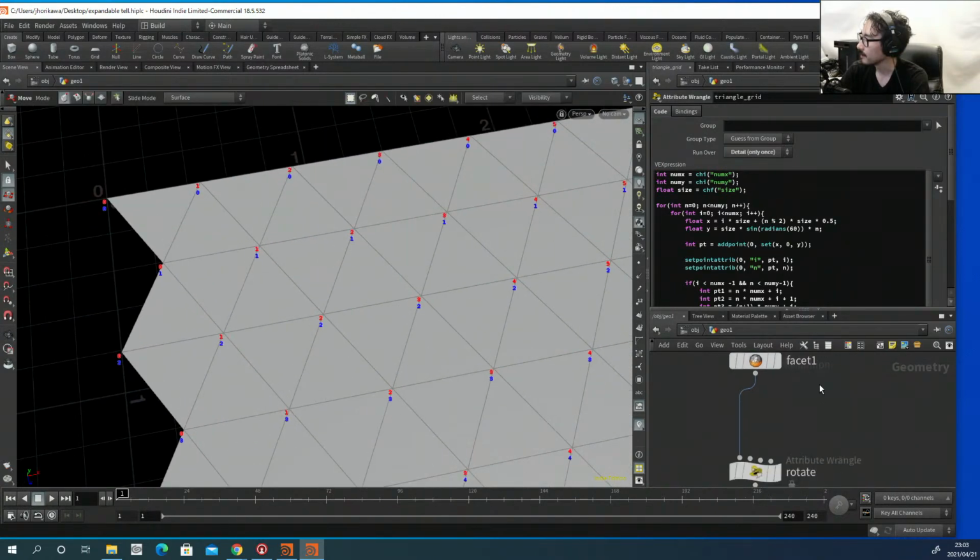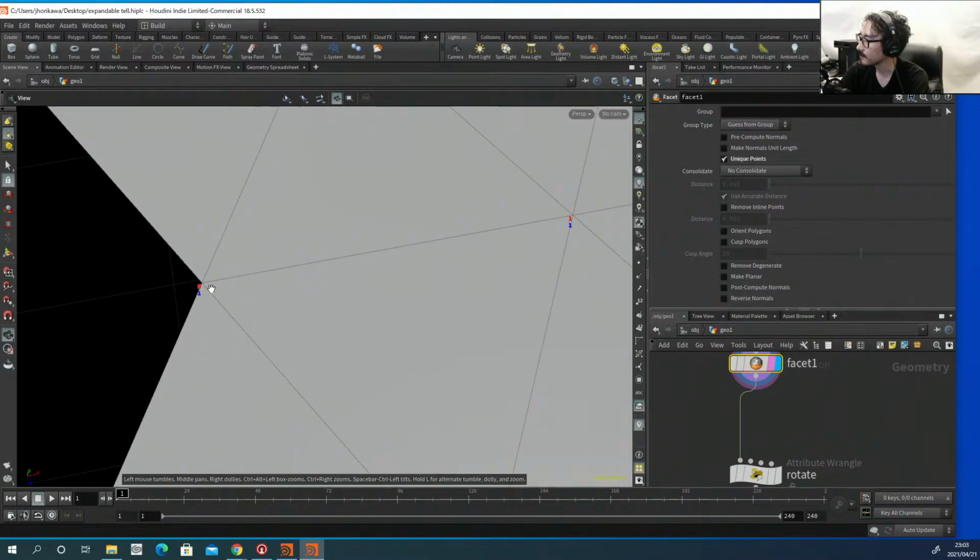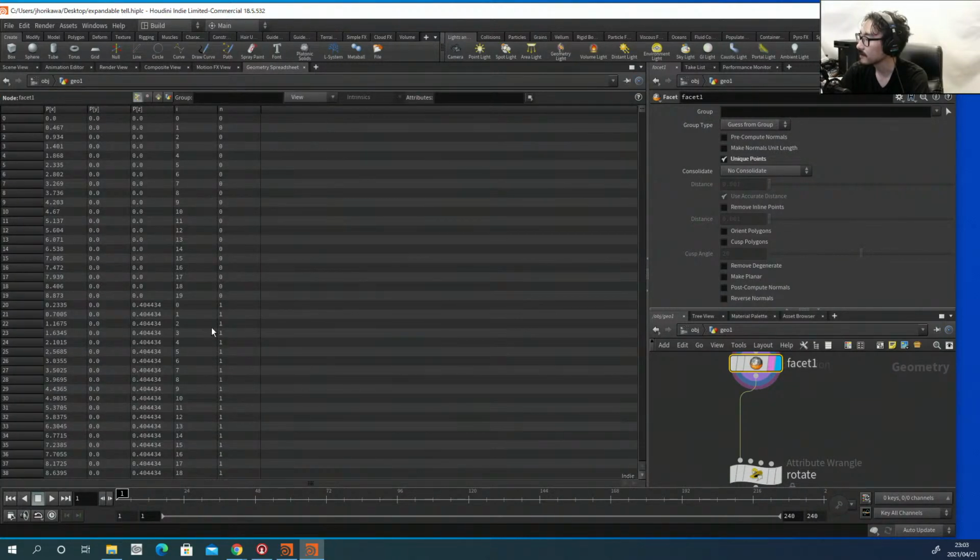Now currently the facet points right here, I'm not sure if this one has its information. Let's see. Actually, it has. Yeah, even after it did the unique, I've created the unique points, it still has this i and n, so that's good. That's good. Okay, so